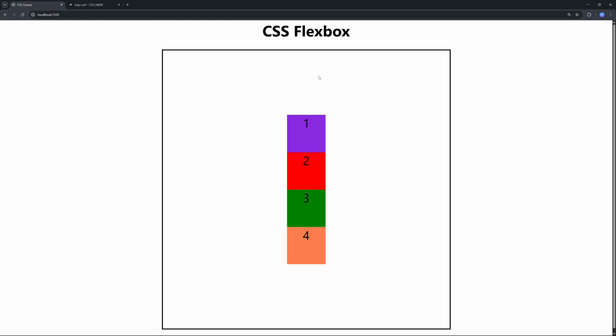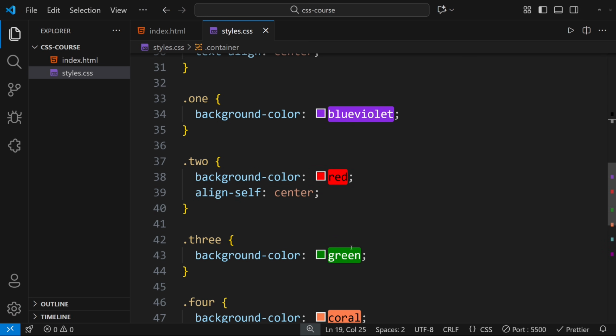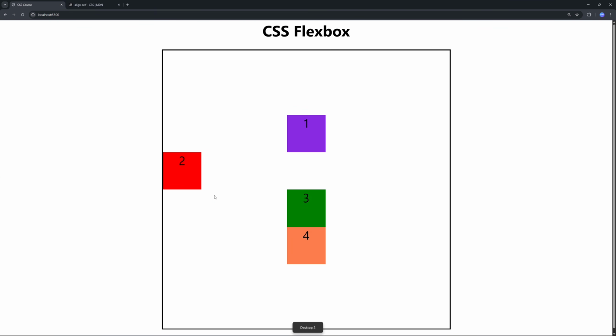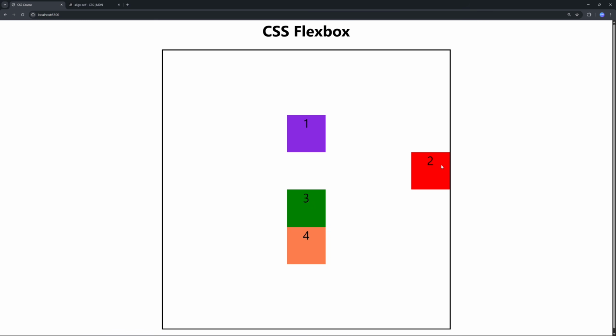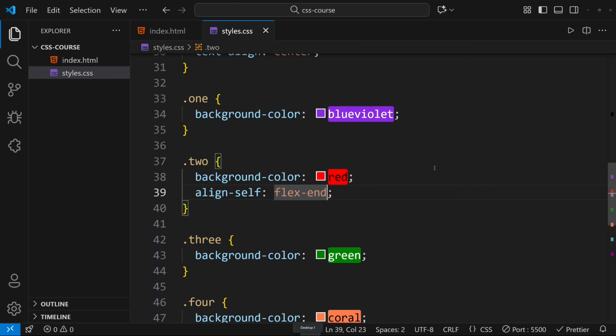Now, what is our main axis? Our main axis is going from top to bottom. What will be our cross axis? Our cross axis will be going from the left to right. Okay. So now if I just want to move this particular element to the left edge, what I have to do? I have to set the align self here to flex start. Okay. As you can see, it is now at the left edge of our container. Then we can do something like flex end as well. If we do that, now it will be at the right edge of our container. We can do something like stretch